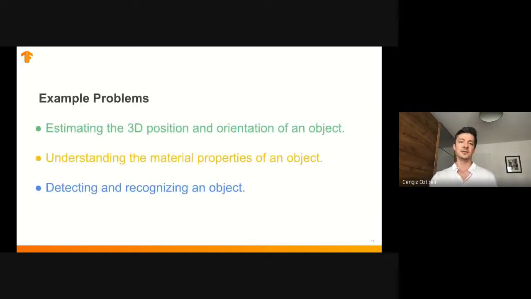So just some example problems to start with are the following. For example, if you would like to estimate the 3D position and orientation of an object, like, for example, a six-DoF tracking setting, you can use such ideas. If you want to understand the material properties of that object, you could also use a similar differentiable computer graphics and rendering system. If you want to detect and recognize objects in an image, if you want to track poses,